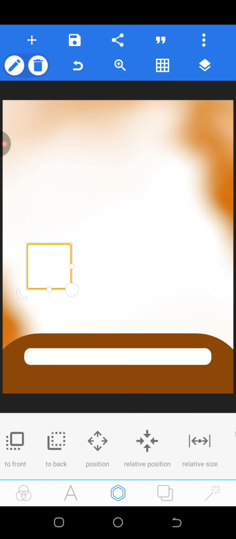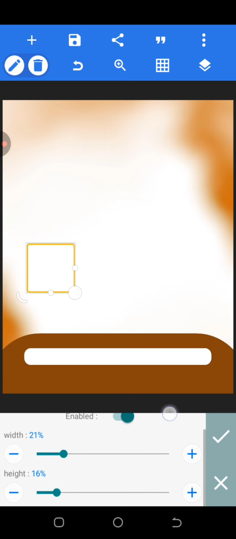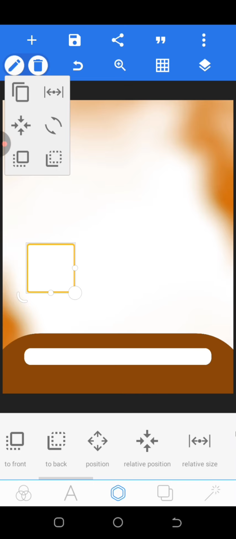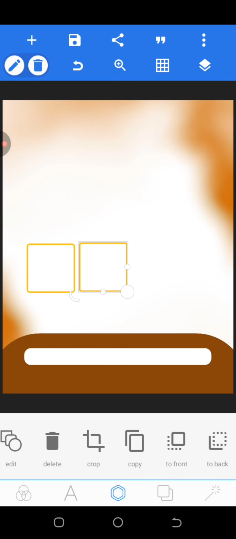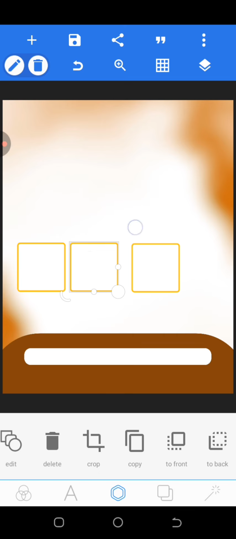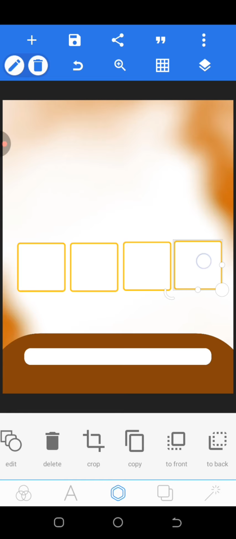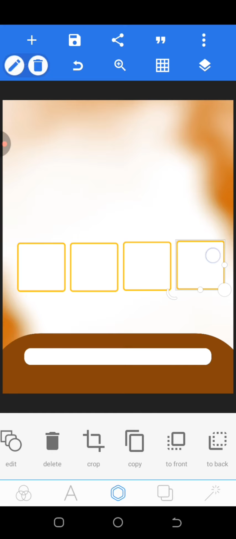So now I'm going to work on the size again. Let's leave it at this size, 21 in width and 16 in height. And I'm going to duplicate it into 4 places. Duplicate again. And to make sure it is properly aligned,